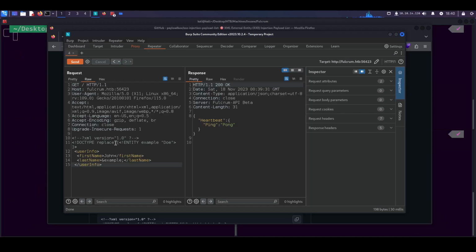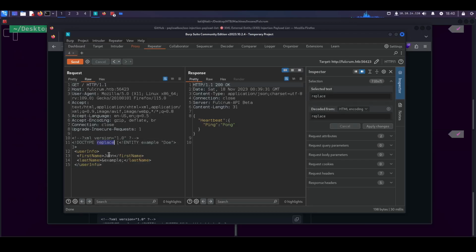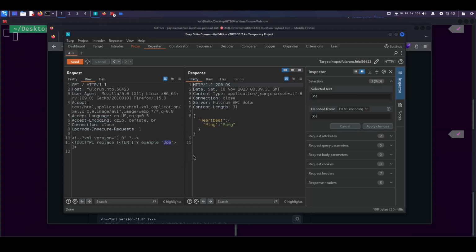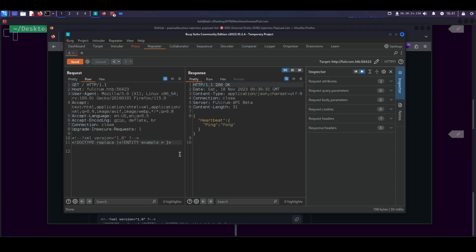And instead of doing replace, actually, it doesn't really matter what that's called. Example test doc type, sure. And let's just make this entity like, the encoding might need to be specific, but I'll get rid of this because we don't need it. And let's see, we'll do entity example. Instead of that, we're going to want